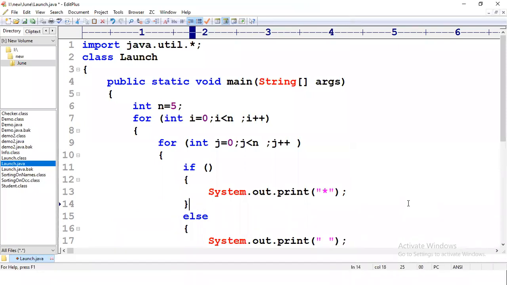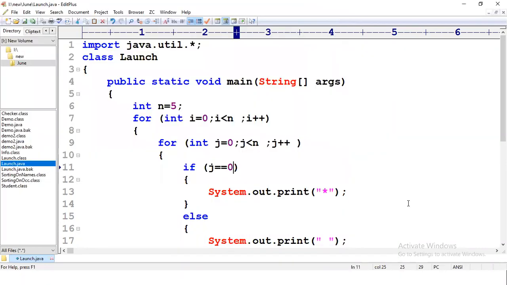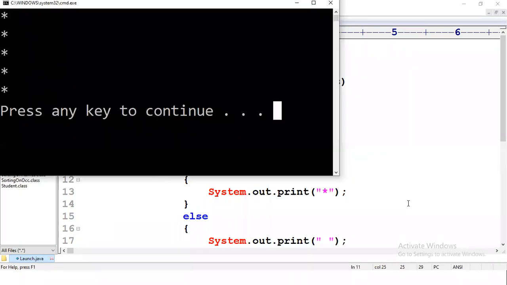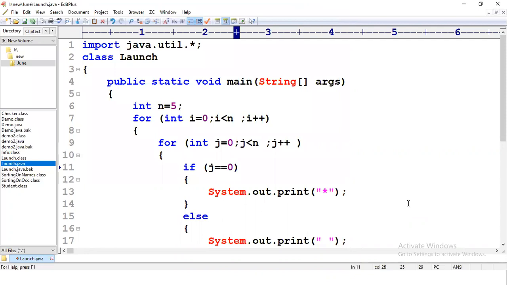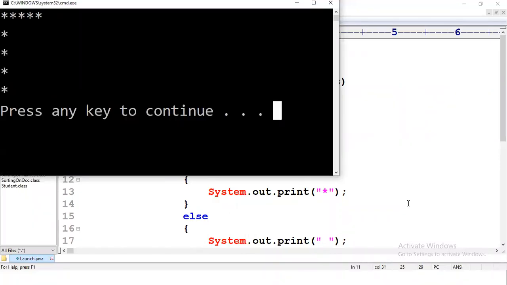Now you have to go and write the condition. The condition is if j is equal to 0. I'll compile and execute and show it to you. If you tell j is equal to 0, you will get this output, only one line. Next, you will tell or operator i is equal to 0. You will tell i equal to 0. But when you told i equal to 0, okay, what happened is, see, the complete line is printed, 5 stars is printed.